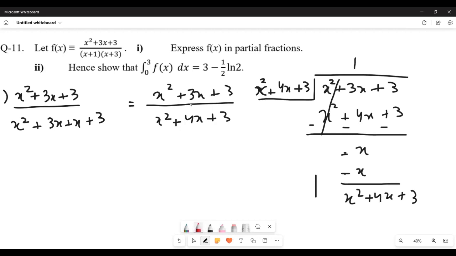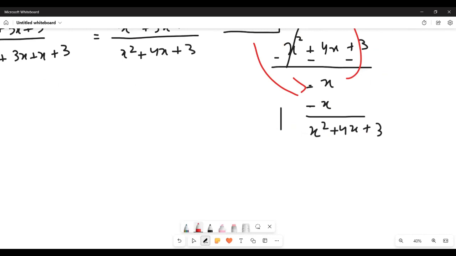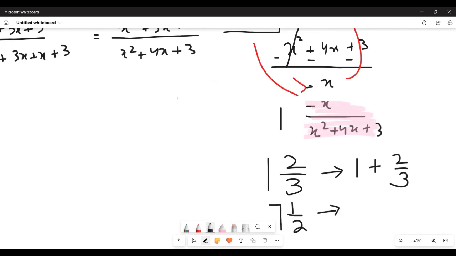इसको mixed number में लिख लिया. ये यहाँ आ जाता है, ये यहाँ आ जाता है और ये यहाँ आ जाता है. सो वी हैव वन आ चुका है हमारे पास, और साथ एक फ्रैक्शन आ गया -x। वन को अभी इग्नोर करो और इसकी अब पार्शियल फ्रैक्शंस करेंगे। ठीक है। अनदर थिंग, जब हमने मिक्स नंबर लिखा होता है लाइक 1 2/3, इसका मतलब होता है इट्स एक्चुअली 1+2/3। जब हमने लिखा होता है 7.5 एज अ मिक्स नंबर, उसका मतलब होता है 7+½ राइट। सो दिस इज 1 प्लस दिस फ्रैक्शन। सो हम इस पिंक पार्ट की पार्शियल फ्रैक्शन करेंगे और उसके साथ 1 एंड में ऐड कर देंगे पार्शियल फ्रैक्शन के रिजल्ट के साथ।